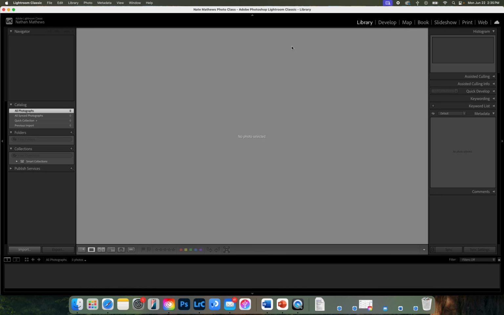What we're going to need to do is go into the library module. You see there are 6 different modules in the top right. We'll be using mainly library and develop, and we'll use print for one project. I'm going to go into import,